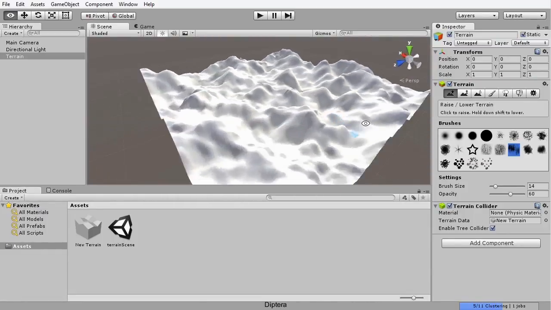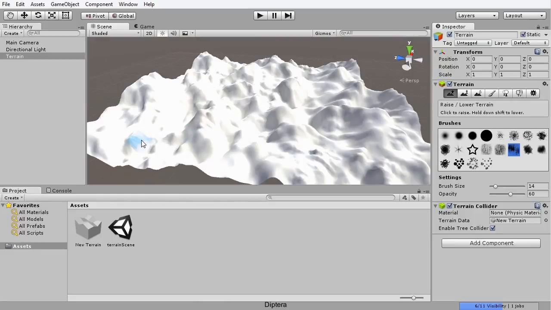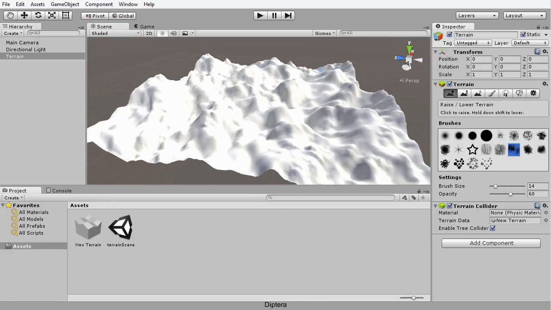The problem with this terrain right now is that it's completely grey, dull and formless. It's time for us to start painting some texture detail onto this terrain. We've now sculpted a terrain to our liking, and the next thing we want to do is to texture paint onto the terrain to make the surface appear to be made from grass or rock or whatever other kind of terrain we want. Now typically at this stage you would import your own texture assets to paint your own terrains,